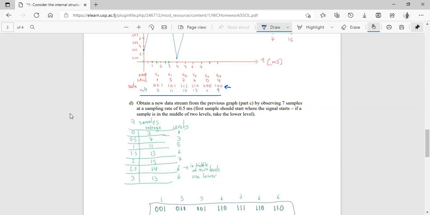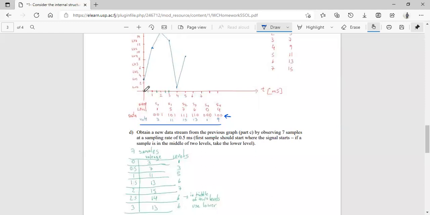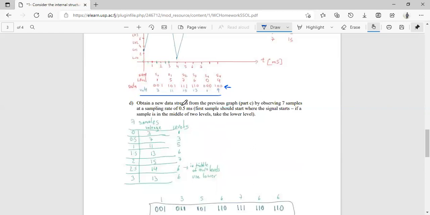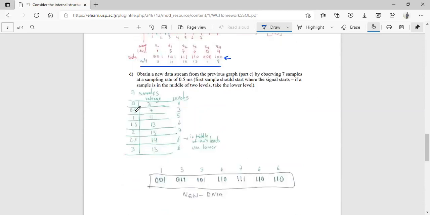So we need to take 7 samples. We have to start at t is equal to 0 milliseconds, where the signal starts, and sample at a sampling rate of 0.5 milliseconds. So we start at 0, the next will be at 0.5, 1, 1.5, 2, 2.5, and 3. How many samples do we have? 1, 2, 3, 4, 5, 6, 7, right? We have 7 samples, so we have to take the sampling at these intervals in order to extract our 7